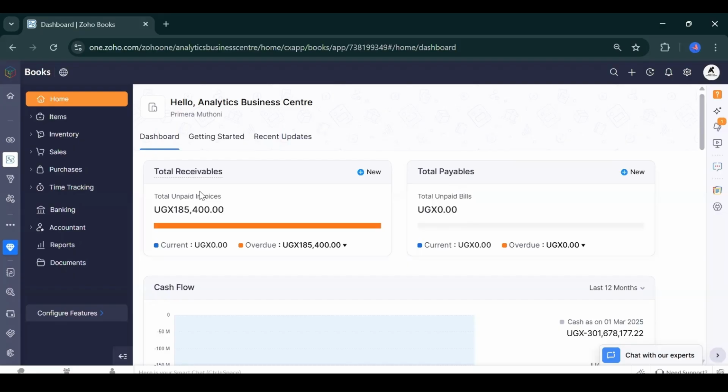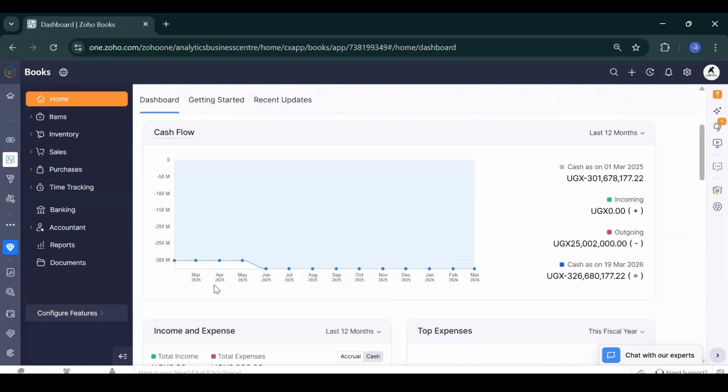That brings about an informed financial view. So at the end of the day, it will make you improve on your debt collection strategies, so as to be able to offset the payables that you have at that particular period of time. We also have this particular summary, which is the cash flow. So do not worry about these figures, because we have done so many tests in the system for study purposes. Let's just